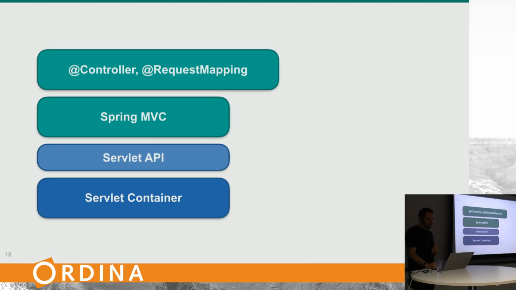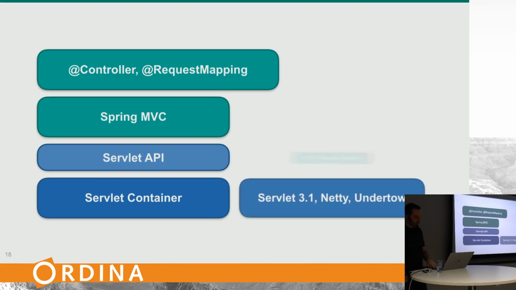So I'm going to conclude with this. This is what you know from Spring Framework 4 and previous generations. The servlet container, the servlet API, easy. Then we've built Spring MVC on top. And there is the annotation model that you know if you build a controller with Spring. Okay? New in Spring Framework 5 and Spring Boot 2,